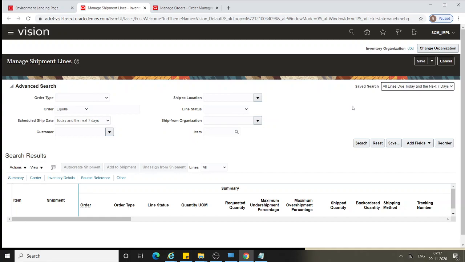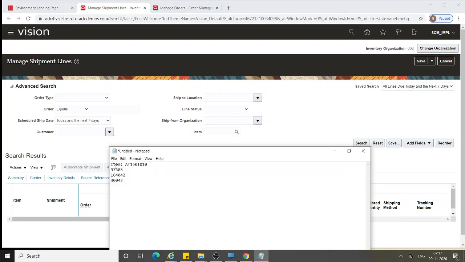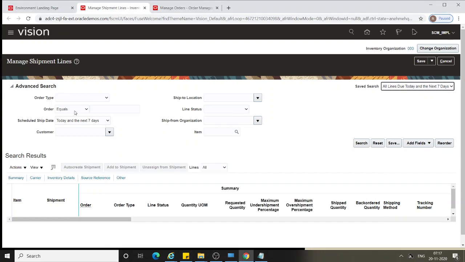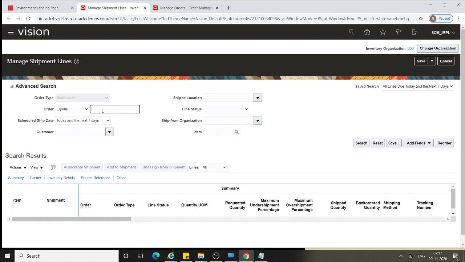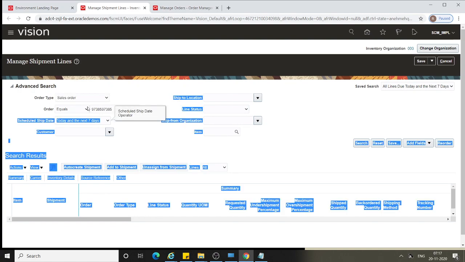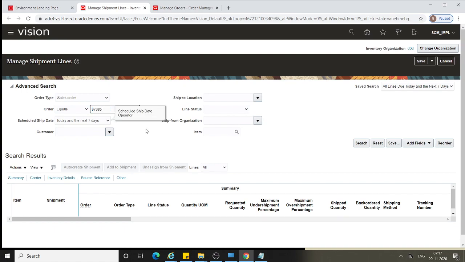Now take your sales order number 97385, select order type as sales order, enter your order number, and click on search.